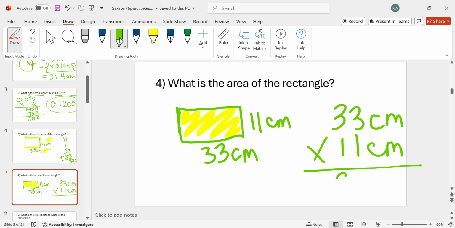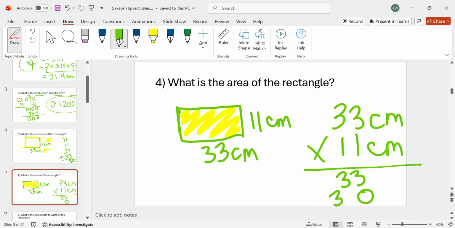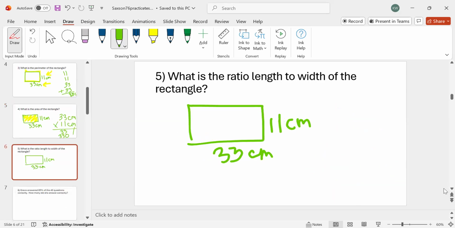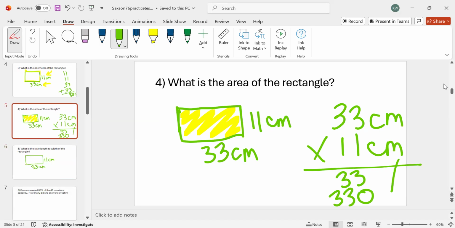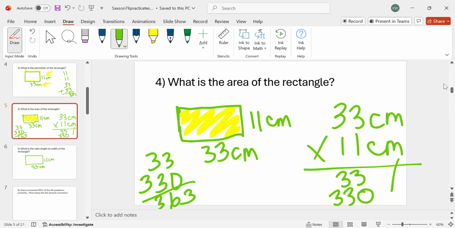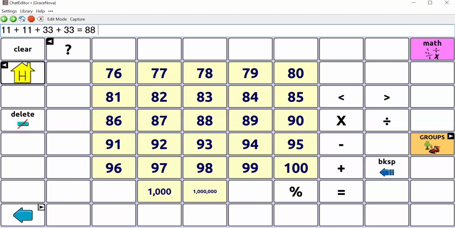So 1 times 33 is 33. 0 for the placeholder. 1 times 33 is 33. Then we add those rows up. 33 plus 330 would give us 3 in the ones place, 6 in the tens place, and 3 in the hundreds place. And the units on that is going to be centimeters squared. 363 centimeters squared. So the way we would say that on here is